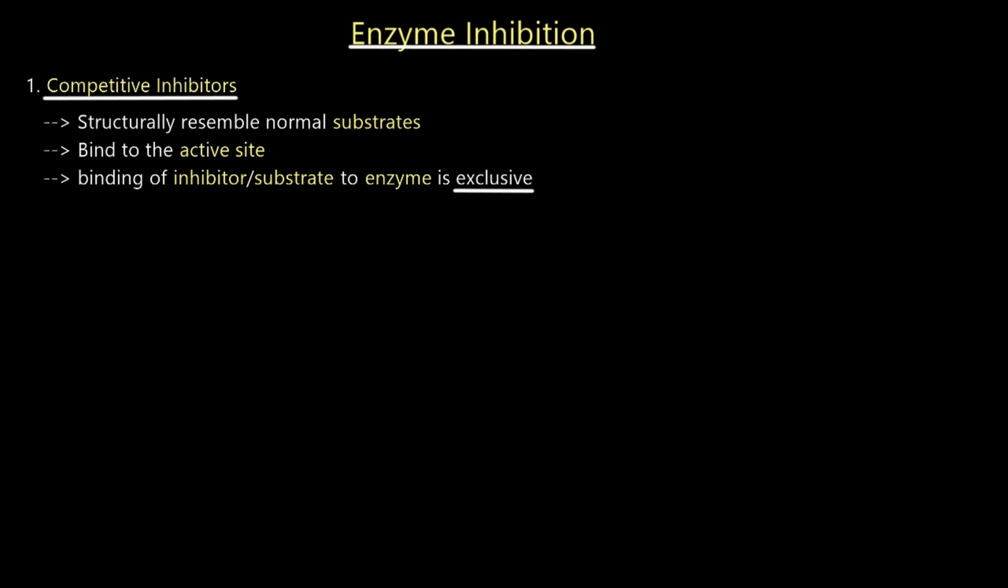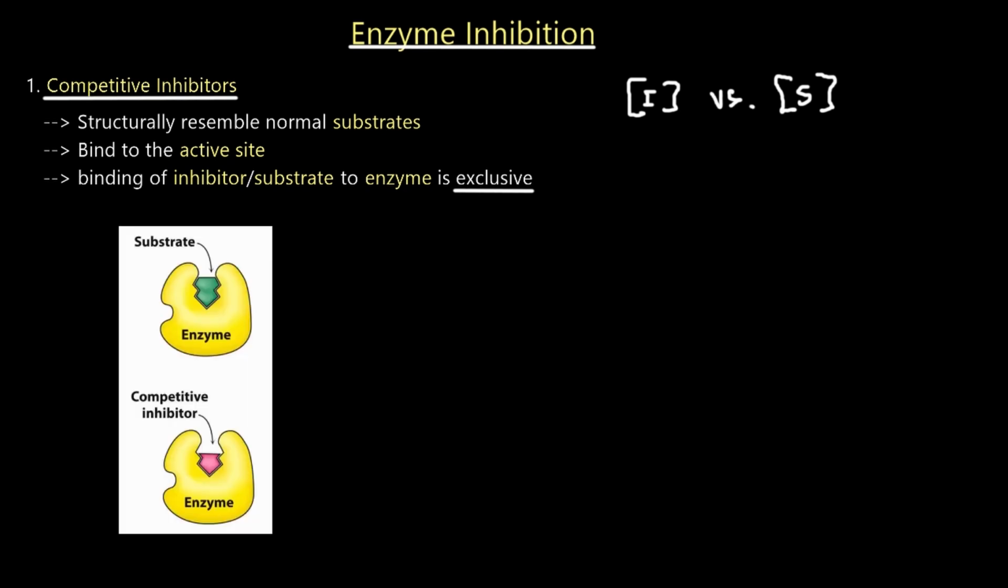So it is going to be a game of the concentration. So the concentration of inhibitor versus the concentration of the substrate. Whichever molecule exists at a higher concentration will win and will be able to proceed and form products. Or if there's more inhibitors, then more enzymes will be disabled and the reaction will not proceed. So let's take a look at what these things look like